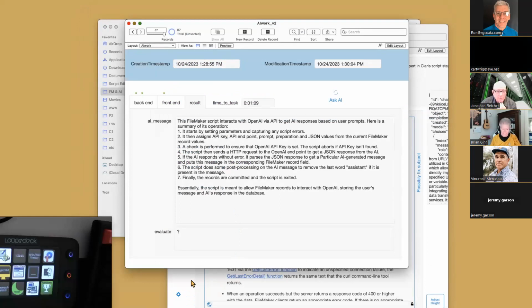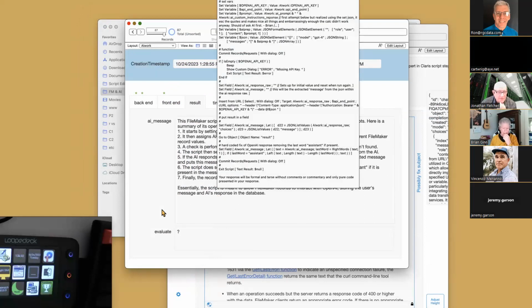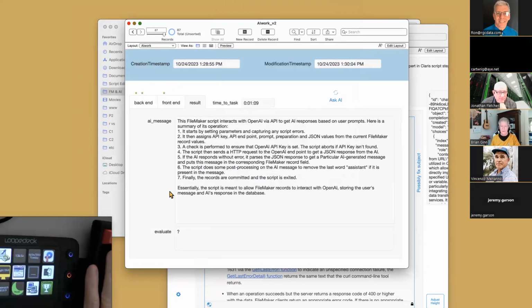All right. Brian, was that in the API docs, or did you discover that by accident? Good question. I discovered it, as you saw, from looking at insert from URL. It gave that link, and I bet it is in there, because it sent me to another page about the curl options, because the FileMaker curl options are not the entire suite of curl options. That was totally new information to me, that @ symbol. I didn't know that was a thing, because up until now, I didn't need that.